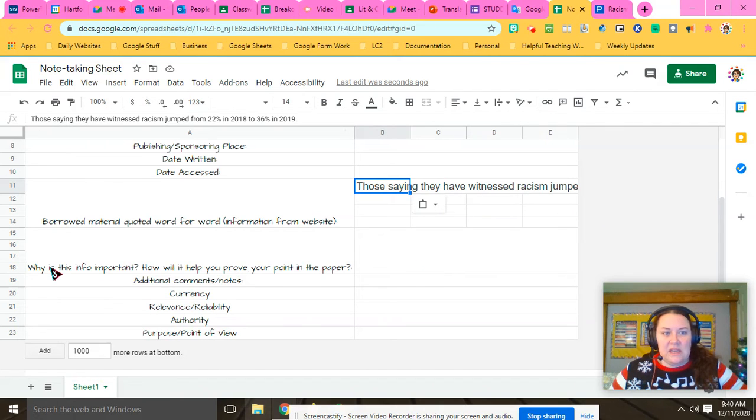Then you need to explain here, why is this information important? How is that going to help you? So you now explain the quote that you just took. How does that show systemic discrimination? Why is that wrong? Right? So here, the borrowed material is going to be from the source. This is going to be your explanation of it. How is it going to help you in your paper